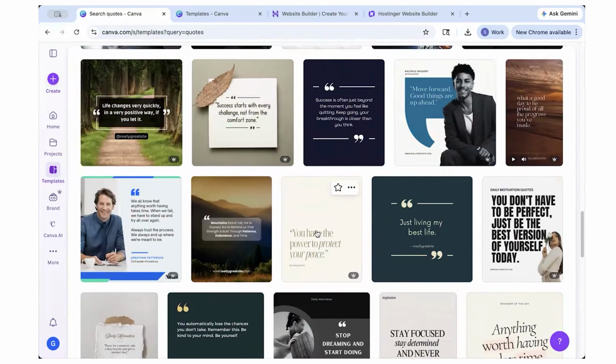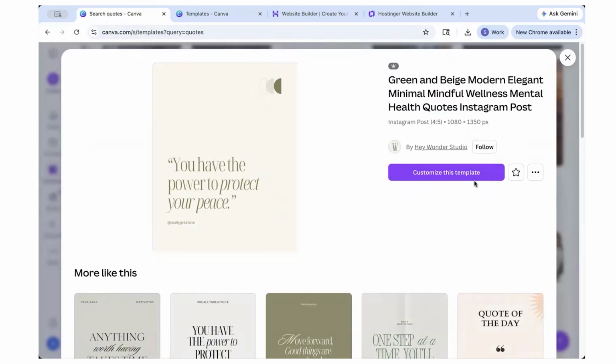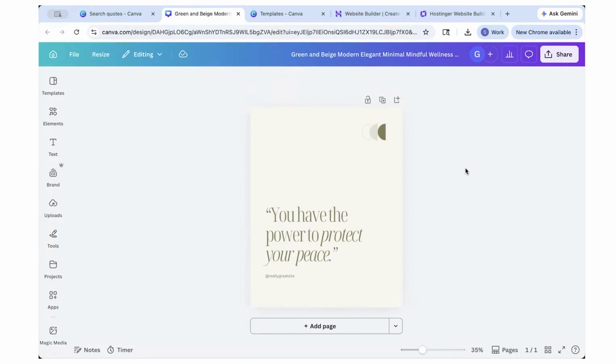So I really like this one. I have the paid plan, so I'm going to use this one. But if you don't have the paid plan, just use any of the ones that don't have the little crown, like this one, for example. So I'm going to choose this one. Customize this template. Now, the first thing you want to do is go ahead and resize this for an ebook